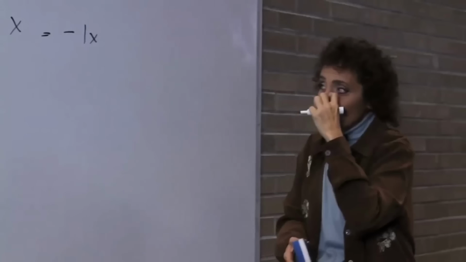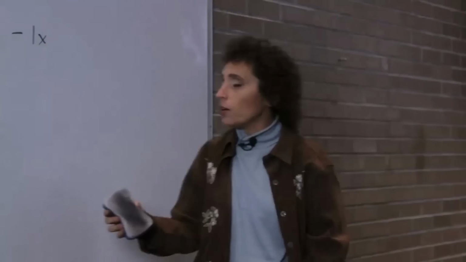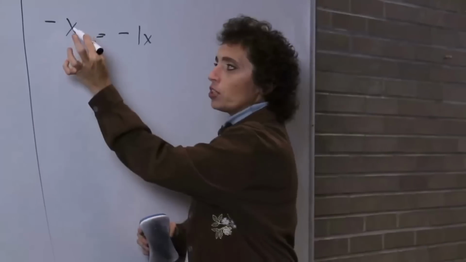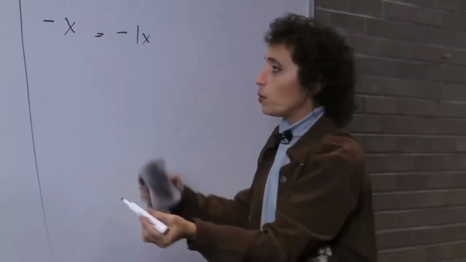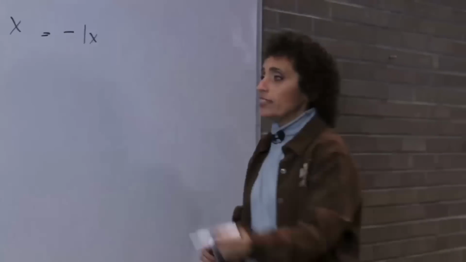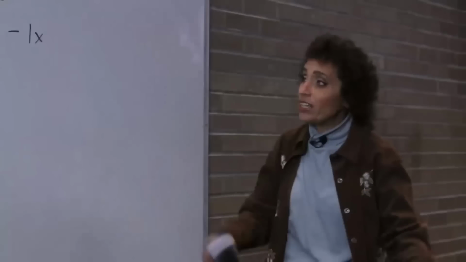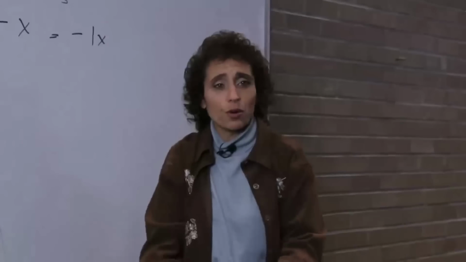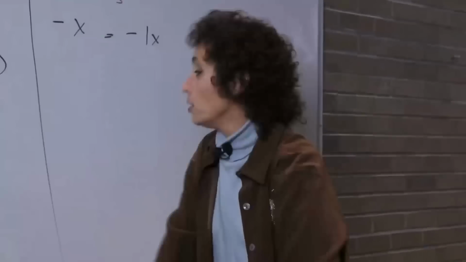Is negative x equal to negative 1x? Well, seems like it should be, okay? Because remember, there's always a number in front that you don't even see. So there's a 1 there. That would make them equal. But I could prove that to you too. Let's let x equal 5. Why 5? I have no idea. I also don't know why I picked negative 64 there. So what's the difference? Pick any number you want. Just don't pick a 0 or 1. That would be bad.